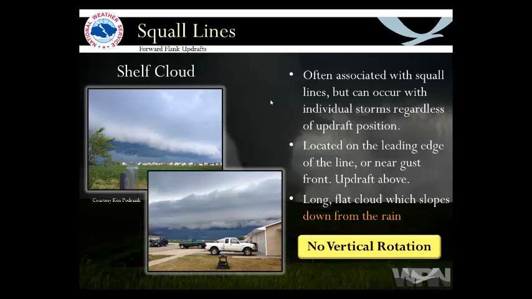Remember that for later. Shelf clouds will slope downward away from the rain. And remember, there's no vertical rotation. Spotters often confuse shelf clouds with wall clouds or funnel clouds or other features. They often extend across the entire horizon, and they slope downward away from the rain. They are the interface between the updraft and the downdraft on the leading edge of the storm where the air